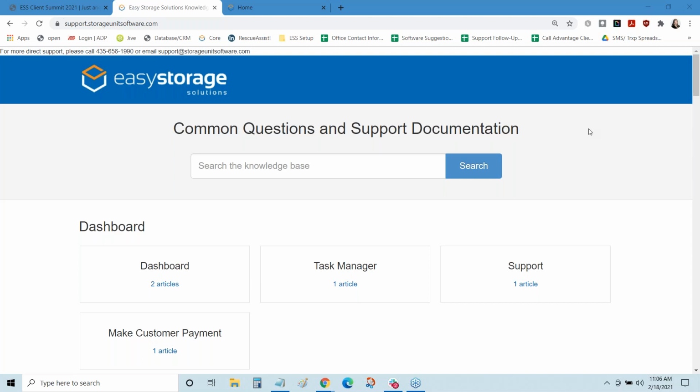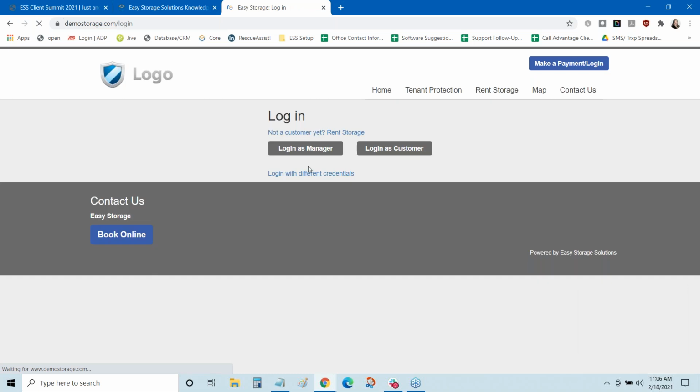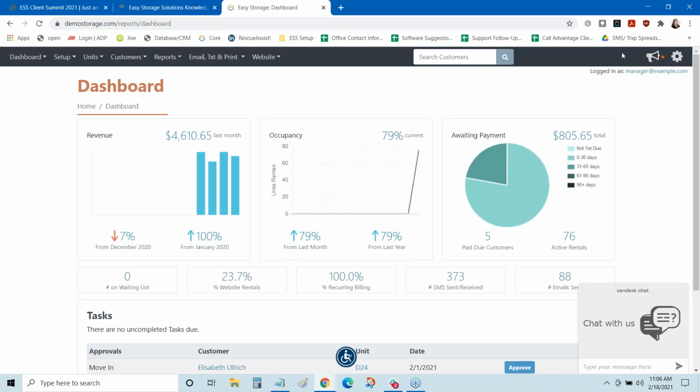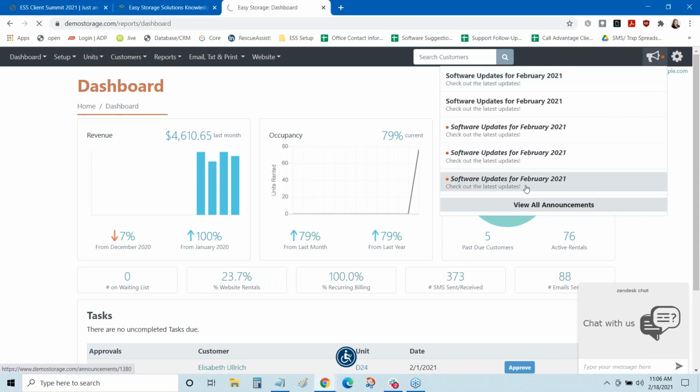Yeah, so today looks like we're going to start off with some of the recent enhancements, things that have been added to the software over the last 6 months. So to start with, I know that one of the newest features that came out recently was our promotions. So I'm going to go ahead and log into our management software and just log into the manager dashboard. On the promotions, you can see software updates that we've had, but there's,